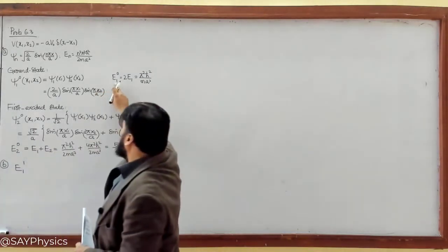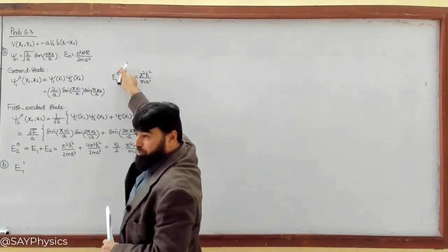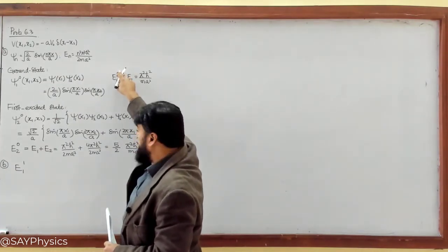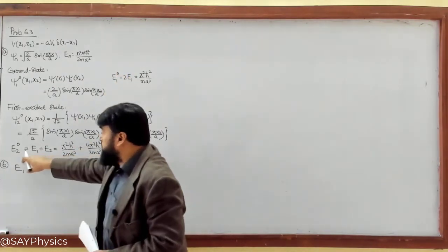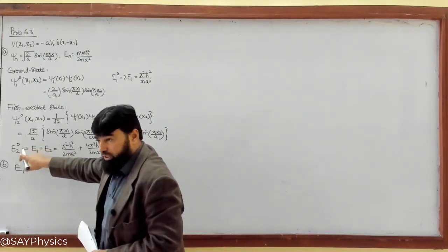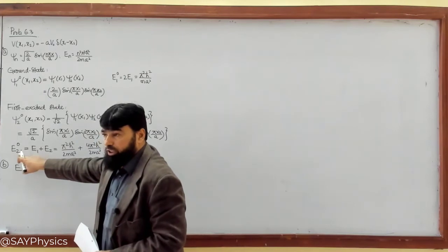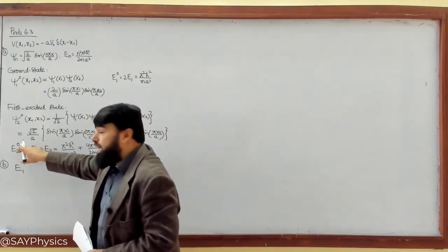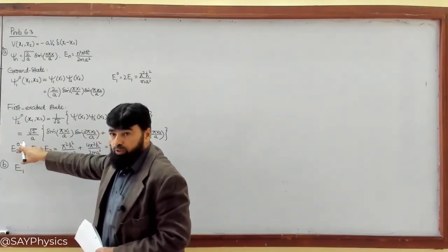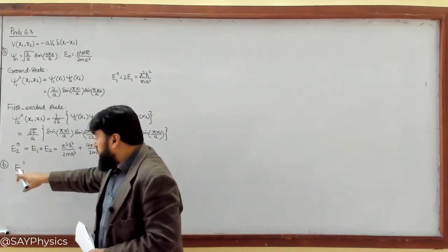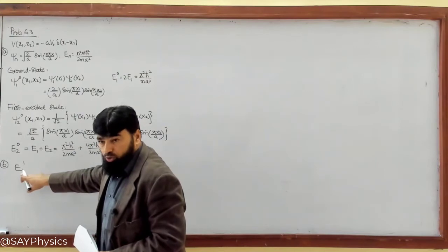Here it is E10, the 0 means the unperturbed. E1 is the ground state, E2 is the first excited state, but this is the unperturbed case. There is no perturbation. In part B we will consider perturbation, so for E1, the ground state energy,